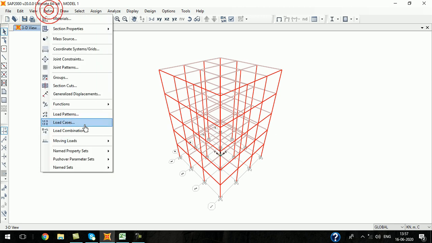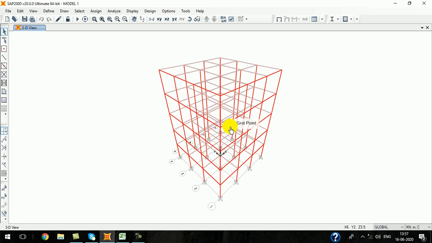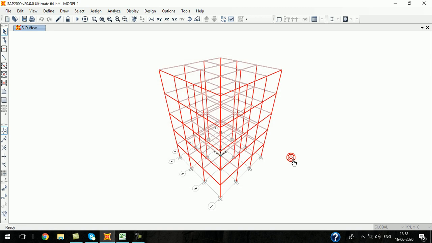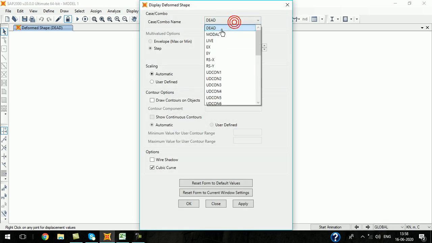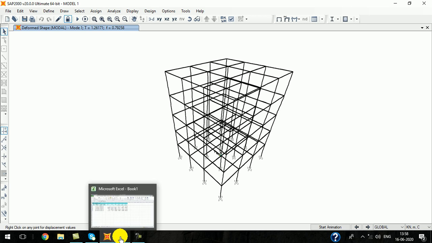Now we have to define the nonlinear time history load case. For that we need to know two time periods, the fundamental time periods corresponding to the first and second modes, so we have to run the analysis. For the first mode, the time period is 1.26171. Let me note down this value.